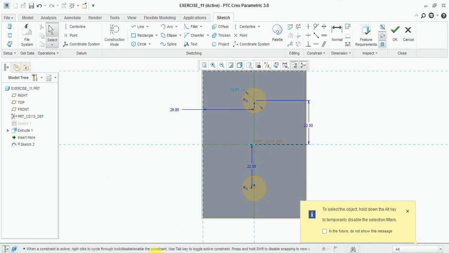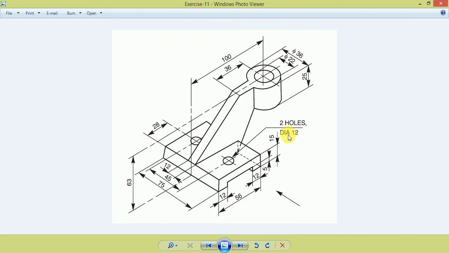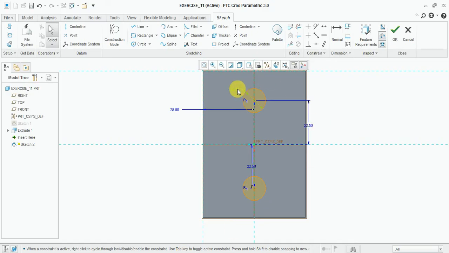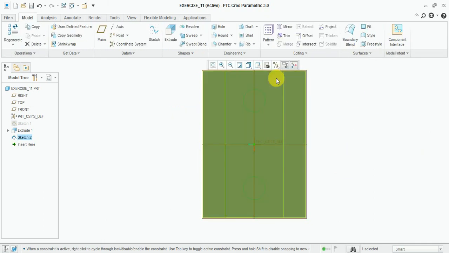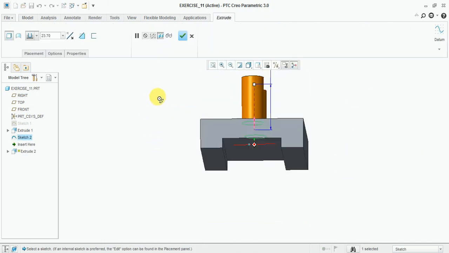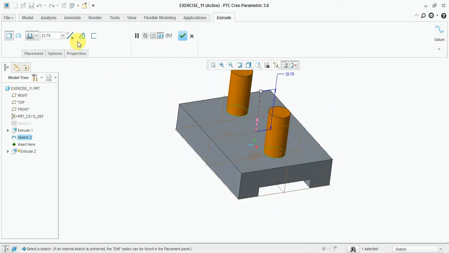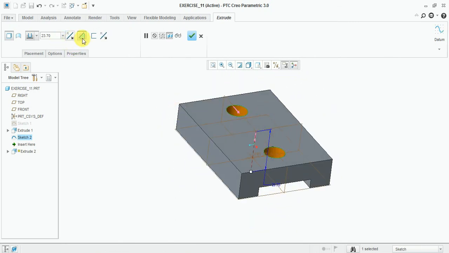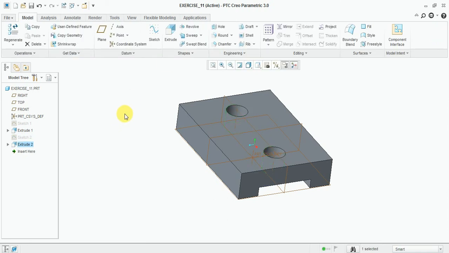Now give the hole diameter 12 mm. OK. Select the X2, change the direction and now this one selected, cut the material.